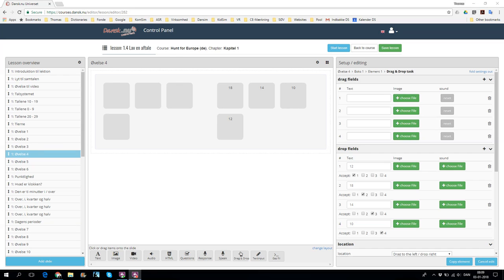So the final exercise element that I'll show you is the drag and drop element. As you can see, the first time you encounter one of these exercise types is in lesson 1.4. And here you can see a layout where we have 4 empty boxes and 4 boxes with numbers 12, 18, 14, and 10. If I start the lesson